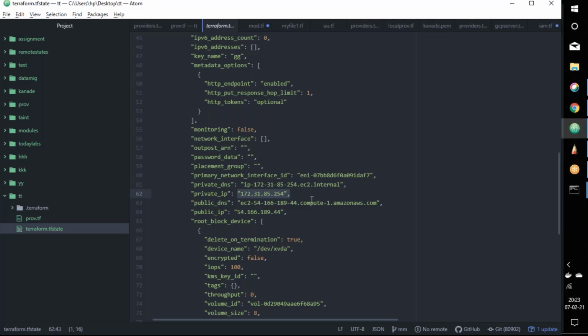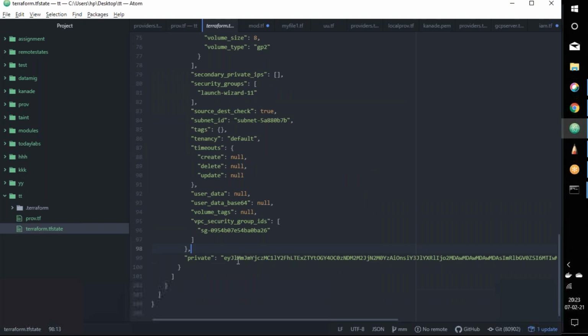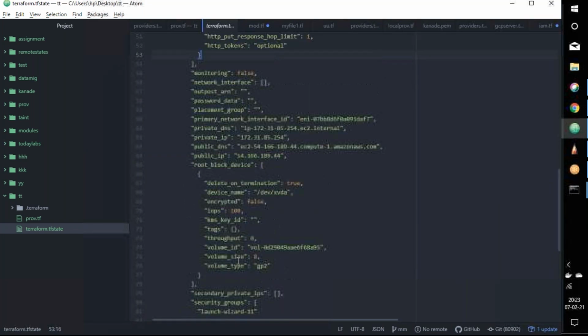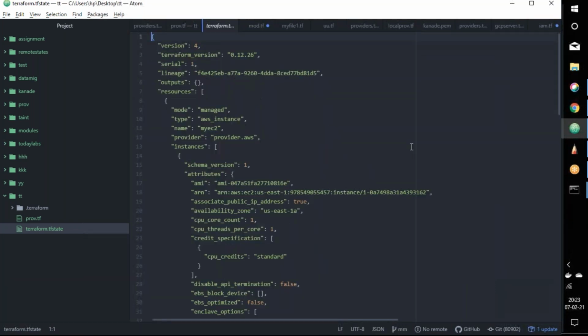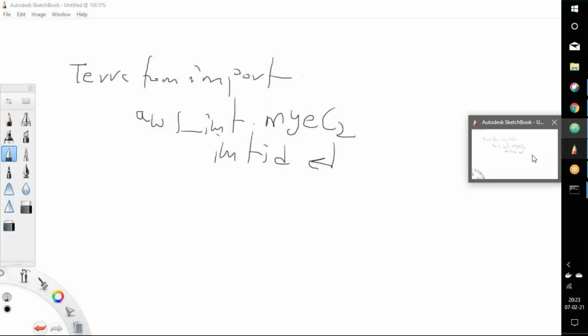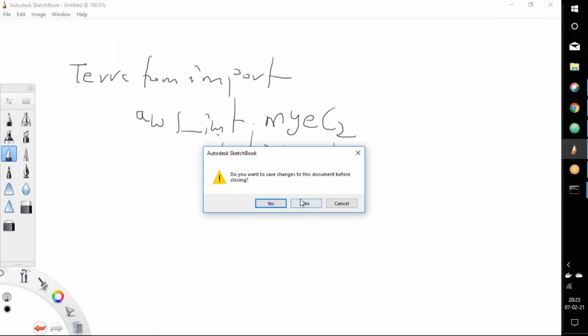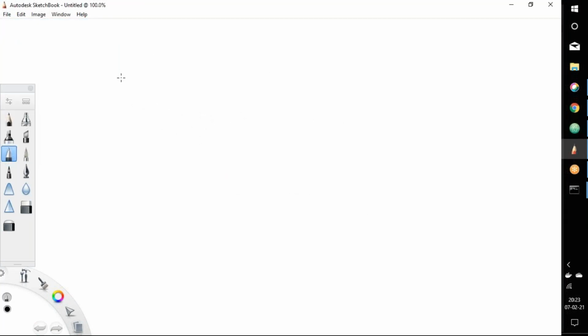And if we look at the state file now, the public IP's last 2 digits are also 44. Okay, that's good. It has imported the resource successfully. Two things need to be observed carefully now. Then we will get a clear idea of how import works.